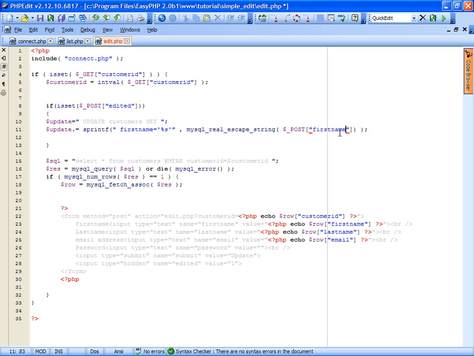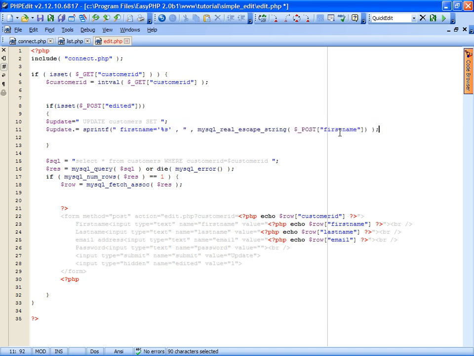Why is it better to build an update query this way? It's better organized code. So we can